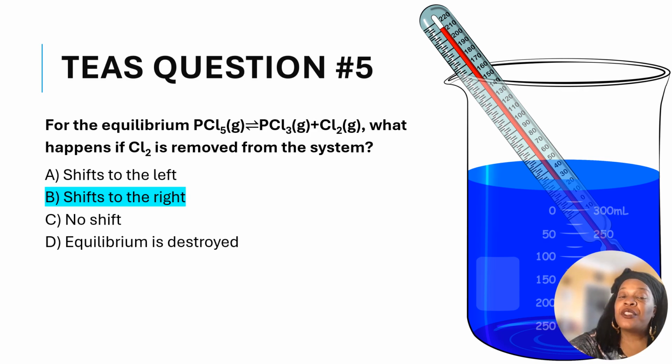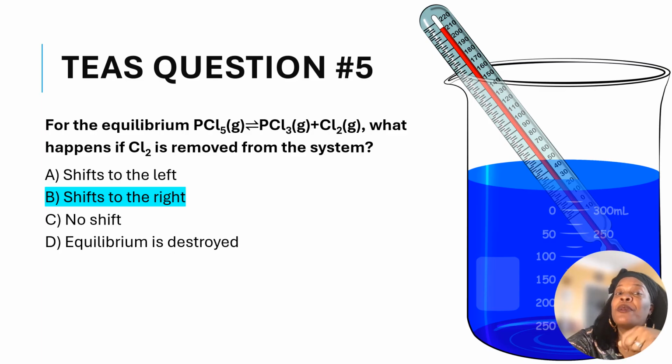The correct answer is B, shifts to the right. So here's why that is the correct answer. According to Le Chatelier's principle, when a system at equilibrium is disturbed, it will shift in a direction that counteracts the disturbance. So in this reaction here, where we had phosphorus pentachloride decomposing into phosphorus trichloride and chlorine gas,